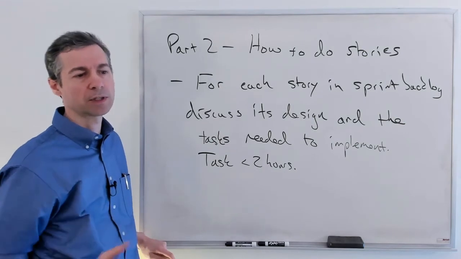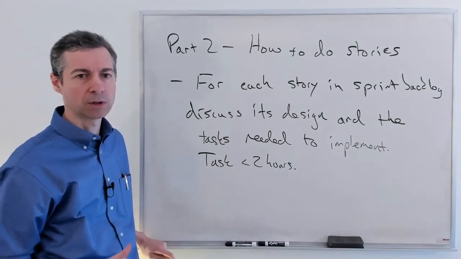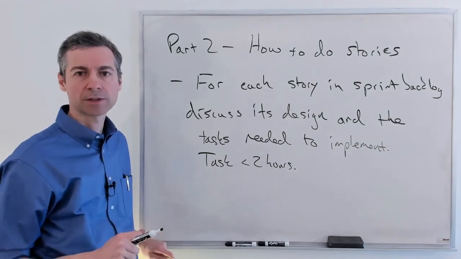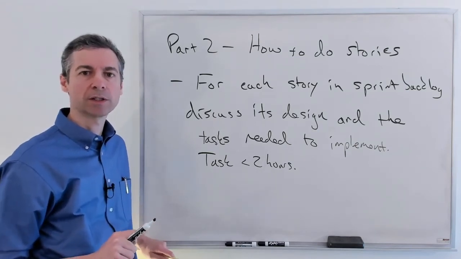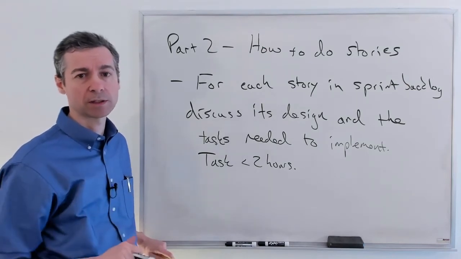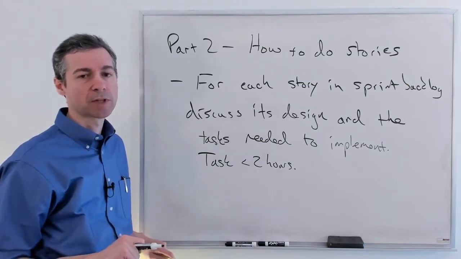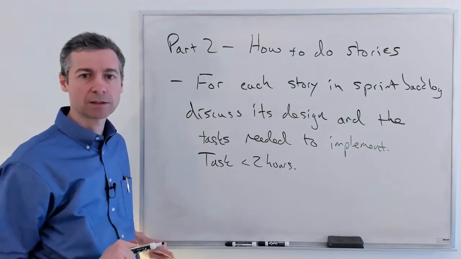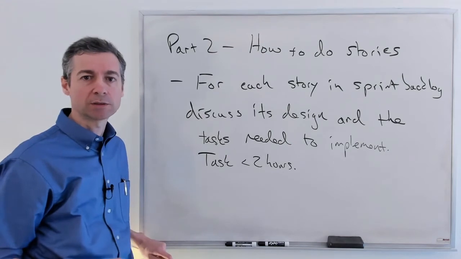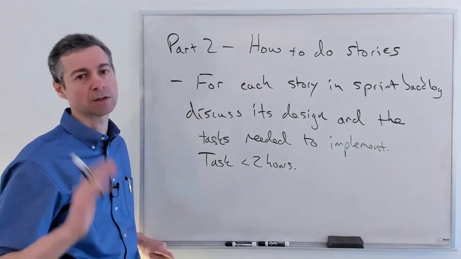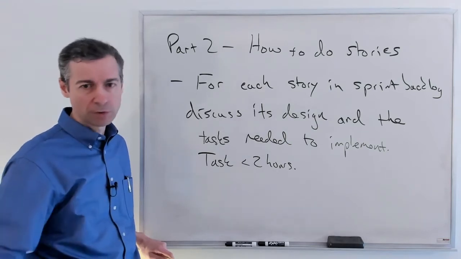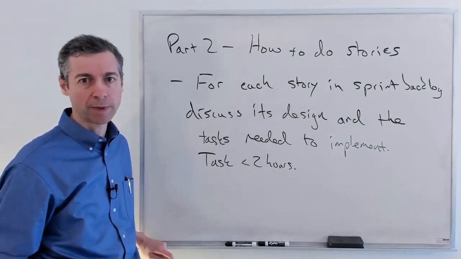Yeah, I know we need to update the mock-ups. Or, yeah, we don't think we have all the acceptance criteria truly written out yet. We're going to have to go through, write that sort of stuff out. Oh, we've got to make an entity relationship diagram. Oh, we're going to have to add a table, do a migration. Yeah, we're going to have to make the model. Well, we're going to have to make validations. Oh, the controller. Oh, the routes. Oh, the view. You know what all the parts are for a web app.